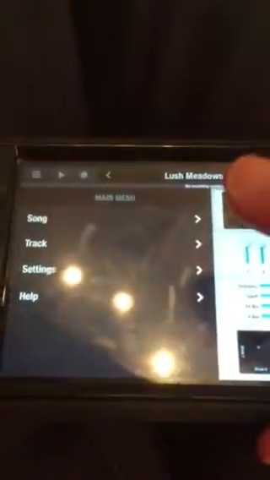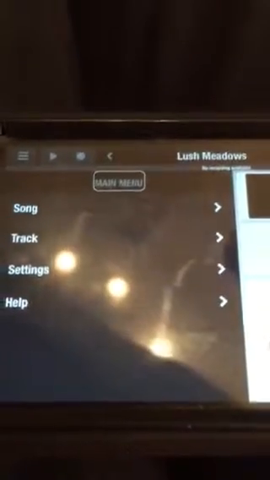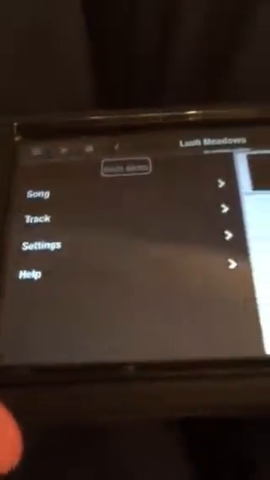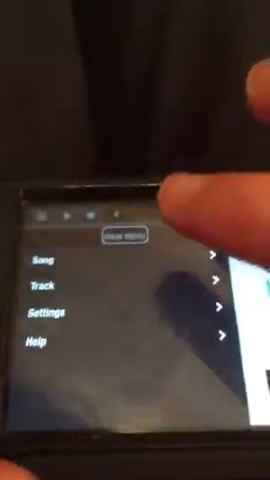So I will go back out, Main menu, because we're done with the settings. So what I'm going to do now is I'm going to quickly go past this menu